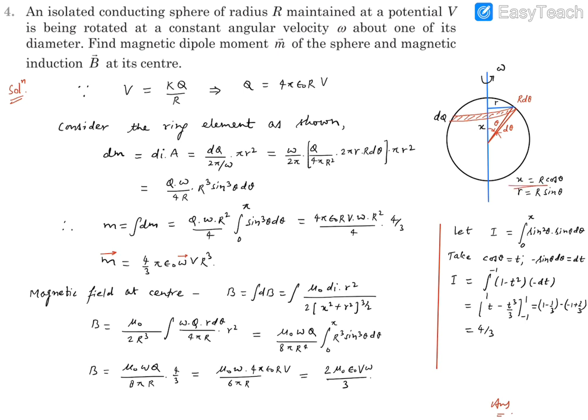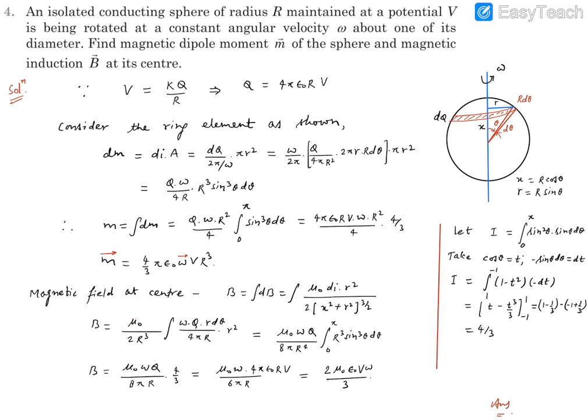How is it coming? Let's put the x value and r value. When you put x and r over here, it's going to be capital R square cos square theta plus capital R square sin square theta. Take capital R square outside, and you'll find cos square theta plus sin square theta, which becomes 1. So this is nothing but capital R square. Or you can simply use Pythagoras: this square plus this square is nothing but r square. So this number is r square, and power 3 by 2 will make it r cube. We can take it out, so the denominator has been simplified.